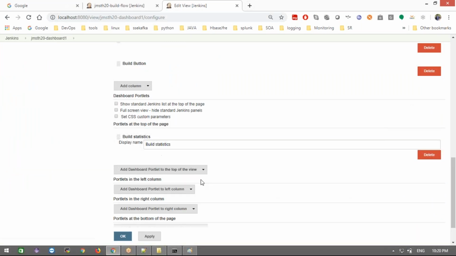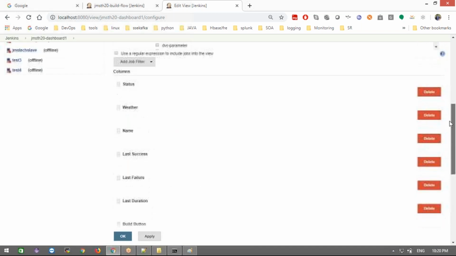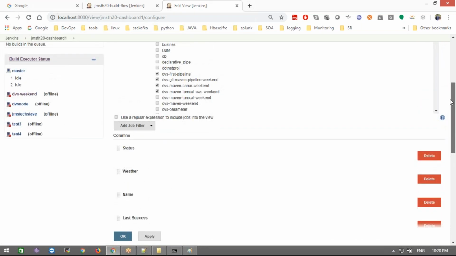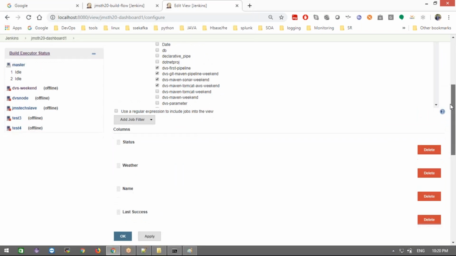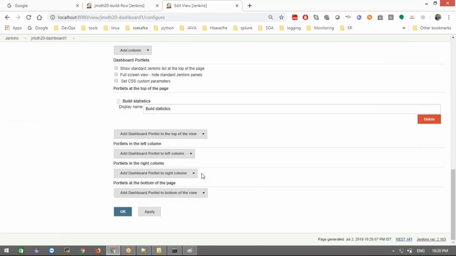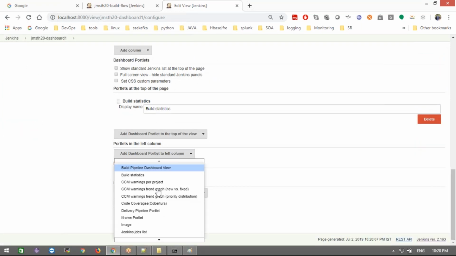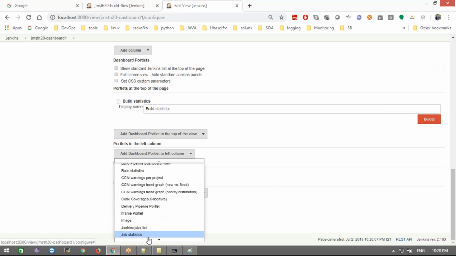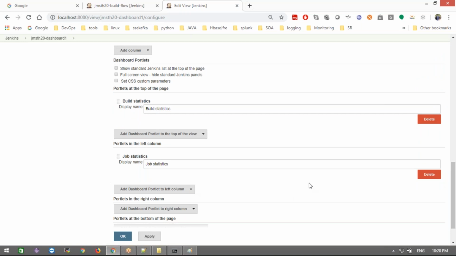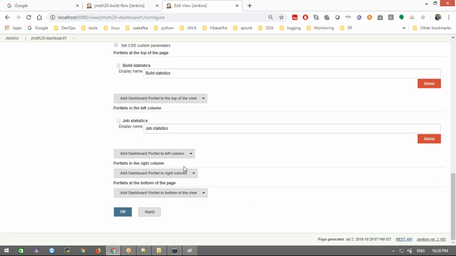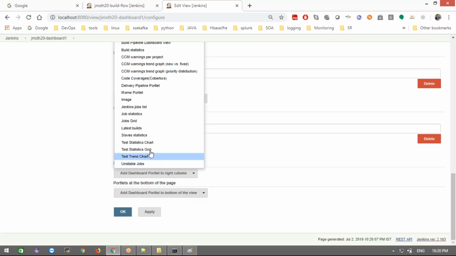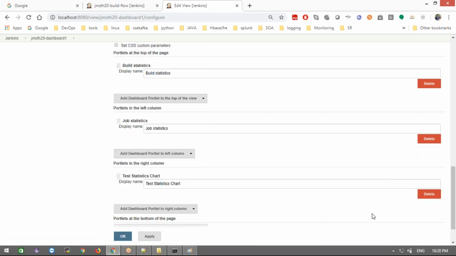Build statistics, and then what I configure here. Okay, fine. Now I want to see my build statistics, and then the Jenkins job statistics. Job statistics I want to see, and then next the test statistics chart I want to see.